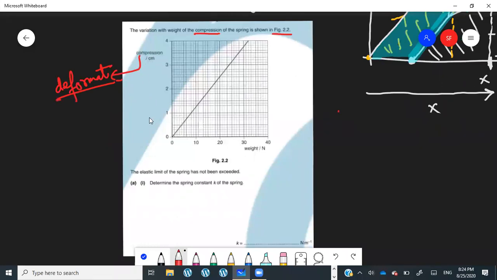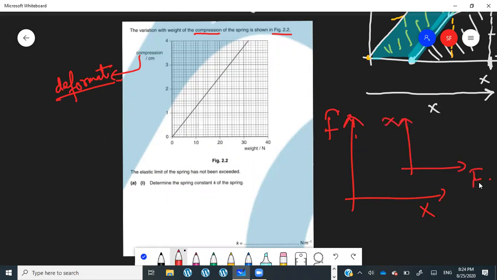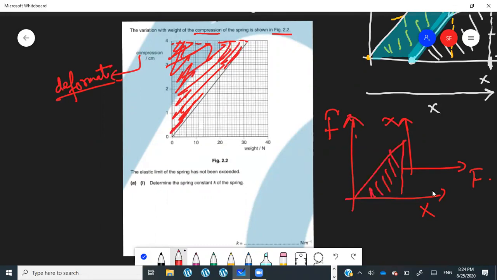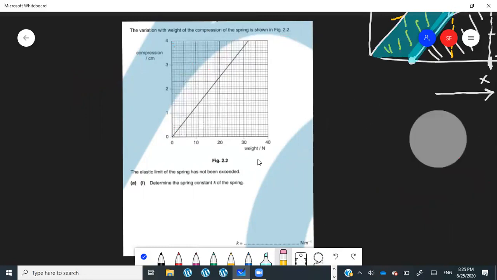But now what's the difference over here? Is this a force against extension graph or an extension against force graph? Is it force against extension or the other way around, extension against force? The other way around. Yeah, so what's going to be the area? The energy is going to be the area in between the y-axis and the graph, okay? Because area is always in between the graph and the extension or the compression axis. So if you are asked to calculate the area of this question, it's going to be pretty simple. Actually, this is much simpler than the ones which they give with a curve in it.